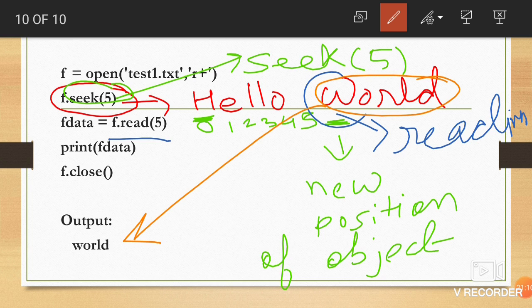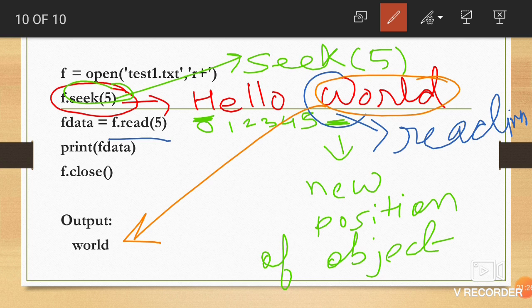Now I think all this is clear. So the seek method is used to change the position of the file object to a specific position, at a particular location.